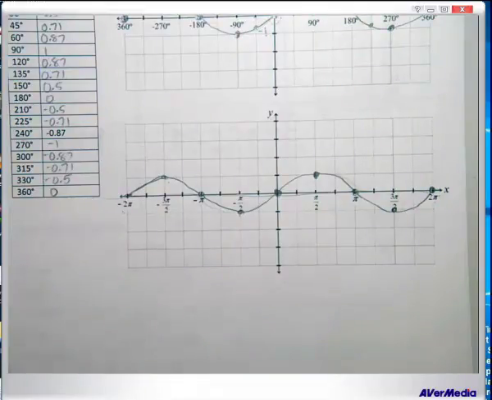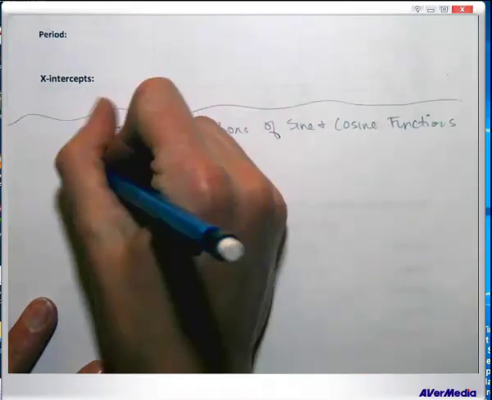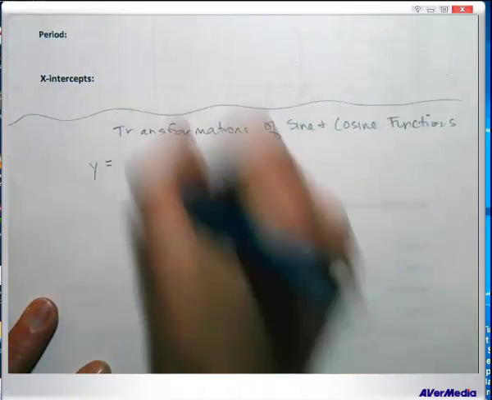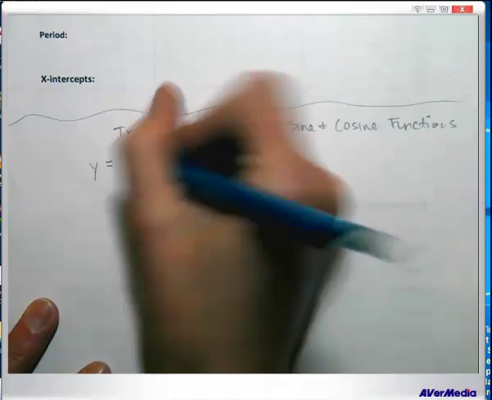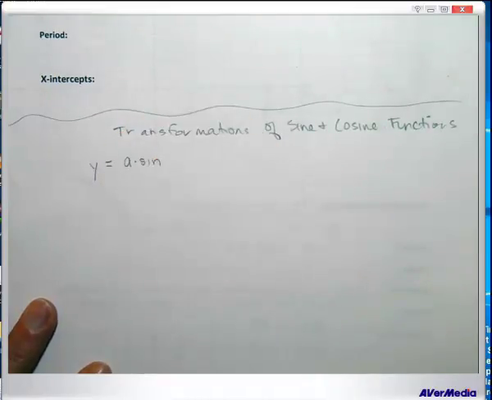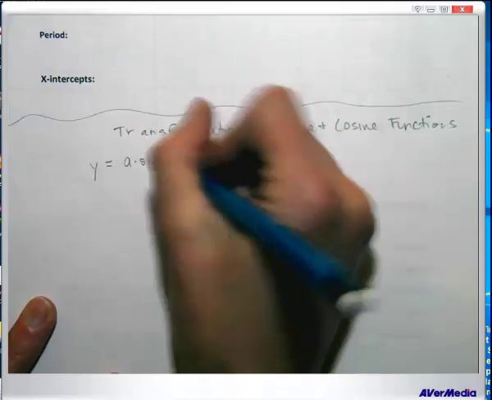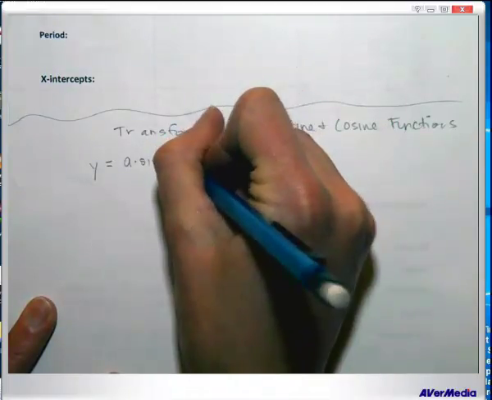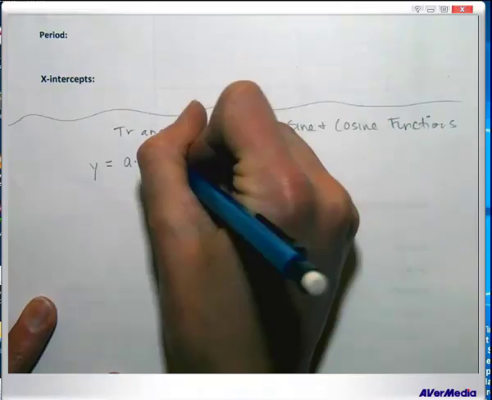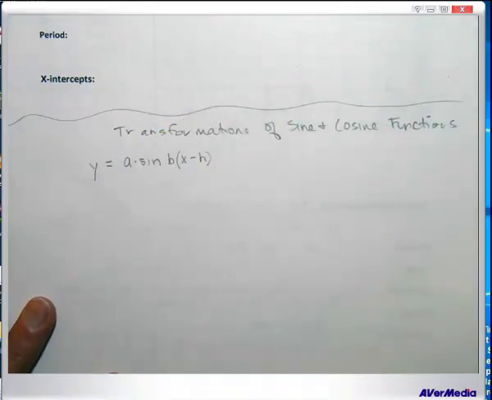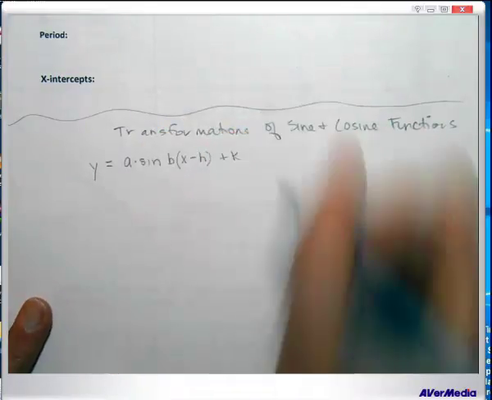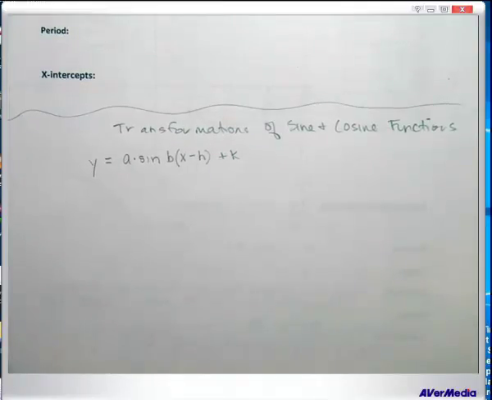Add a number or subtract a number inside with x, and that shifts it left or right, opposite of what you would think, right? And so in our notes, what we're going to do is talk about, what if I took the sine function y equals sine of something, and I multiply the outside by a, and I take the stuff inside, which is usually x, and I subtract something from it, and I multiply by something. And then on the very outside of my function, I add k. This would be like if I made every single possible change. A multiplies on the outside,